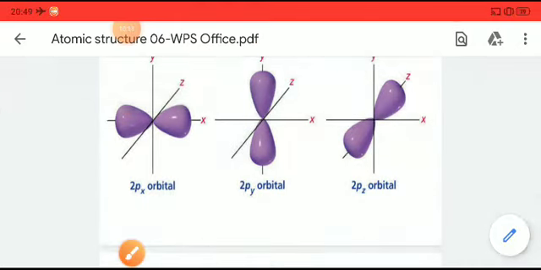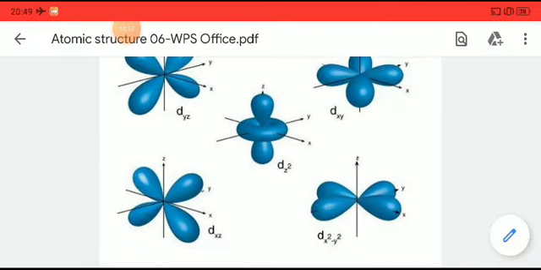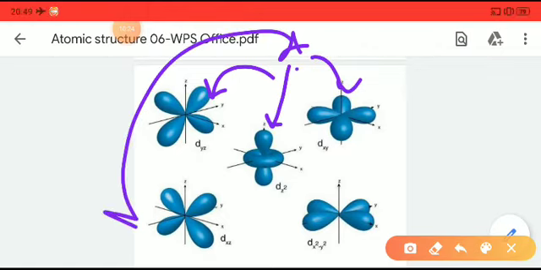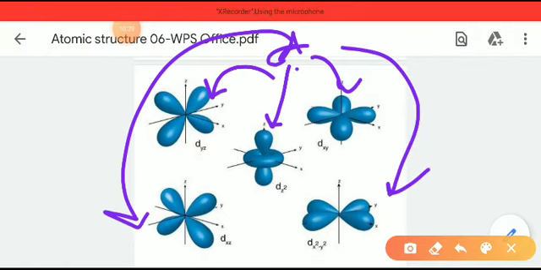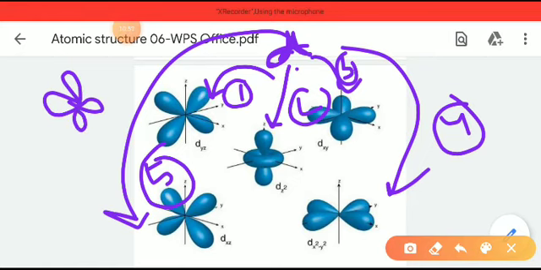So moving forward to the next orbital, that is the d orbital. A d orbital is split into 5 suborbitals, that is dxy, dyz, dz square, as well as dxz and dx square minus y square. So the d orbital is subdivided into 1, 2, 3, 4 and 5 subunits. All of the d orbitals have the shape called double dumbbell, as it is almost like that. So it is called double dumbbell shaped.